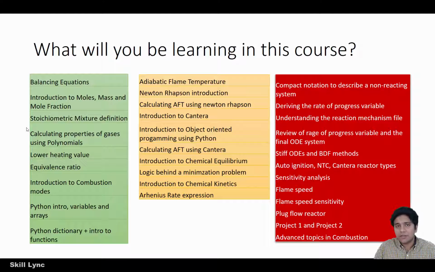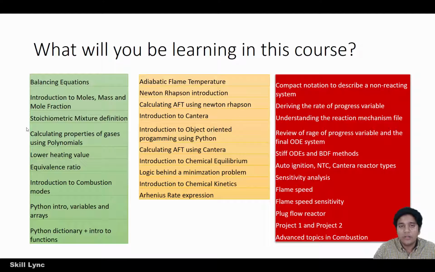And then the advanced part of this course starts, where we'll first develop some compact mathematical schemes which will help us consistently represent a chemical mechanism. This is an essential part in converting chemical mechanisms into computer programs. I know that at this point it doesn't make sense, but this compact notation is what helps us tell the computer, hey, this is how we are going to represent the entire set of equations. When I say equations, it's the chemical equations. That part is super important, and you will learn that this is actually a system of ordinary